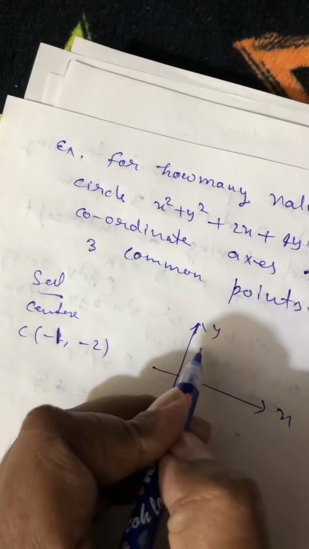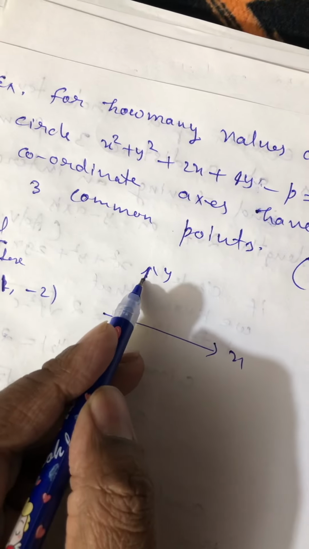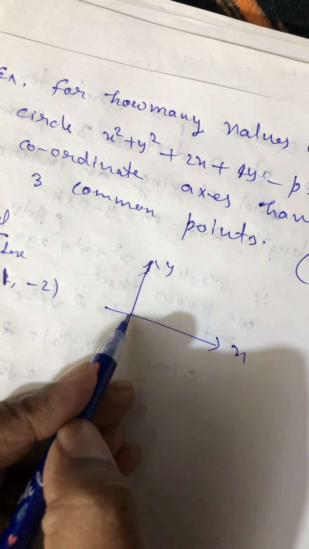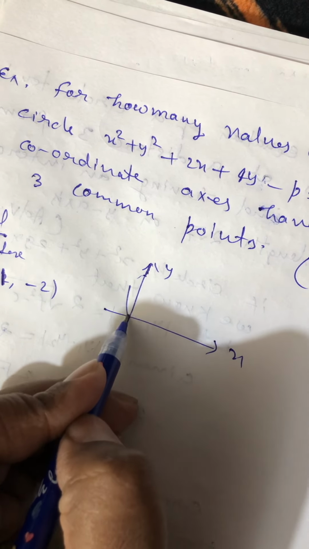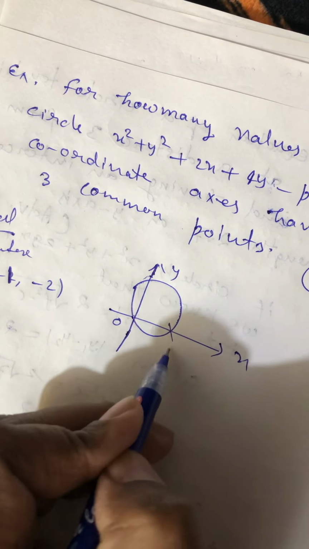3 कॉमन पॉइंट्स। सो आप देख सकते हैं सर्किल जब भी कट करता है, एक्स एक्सिस को कट करे या वाई एक्सिस को कट करे, सो अगर हम इसको ऑरिजिन से पास कराएं, देखिए 3 पॉइंट्स पे कट करेगा, ओ, ए एन बी।